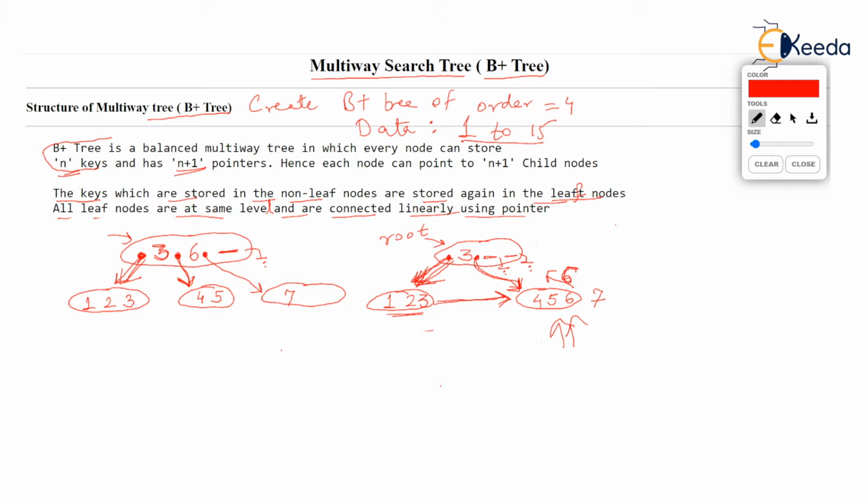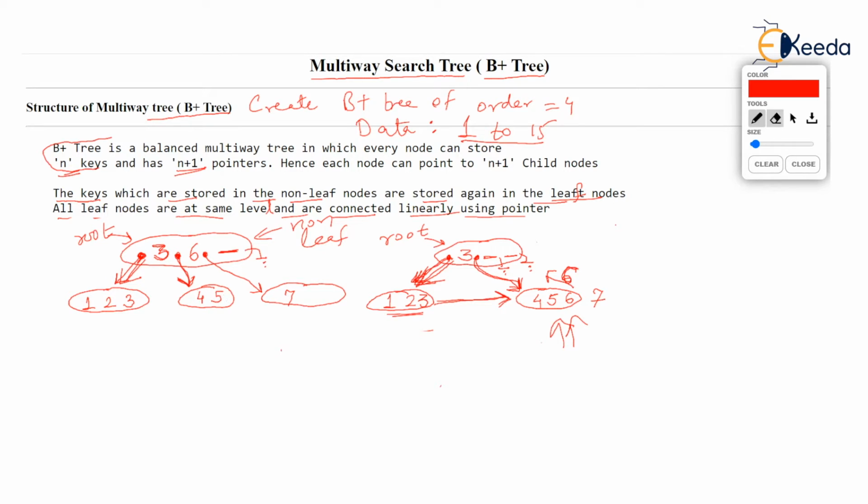And the root now stores 3 and 6. Is there anything missing? Yes, now you know that this is not a B plus tree. Because the non-leaf node has two keys, 3 and 6. Well, 3 is there in one of the leaf nodes, but 6 is not there, isn't it? So where will you insert 6 again? Remember, 6 should go to the left of 6. So check the cursor place. We are adding 6 again. 6 will go to the left of 6, so 6 will join this node which stores 4 and 5.